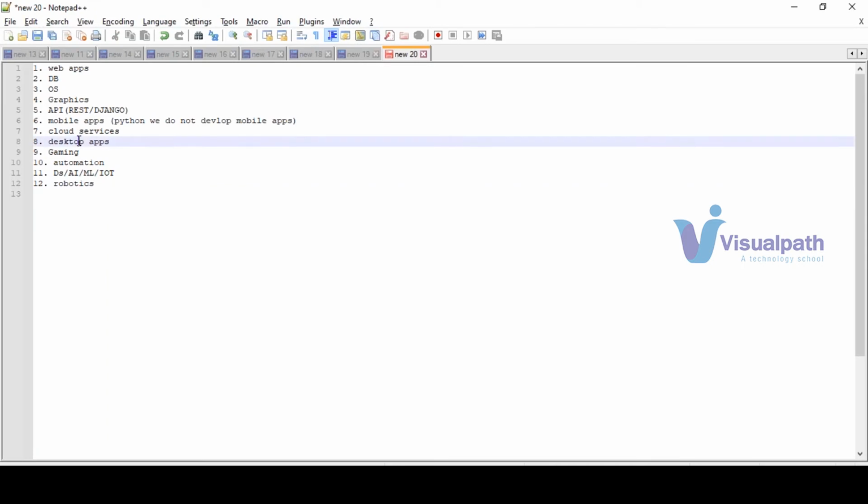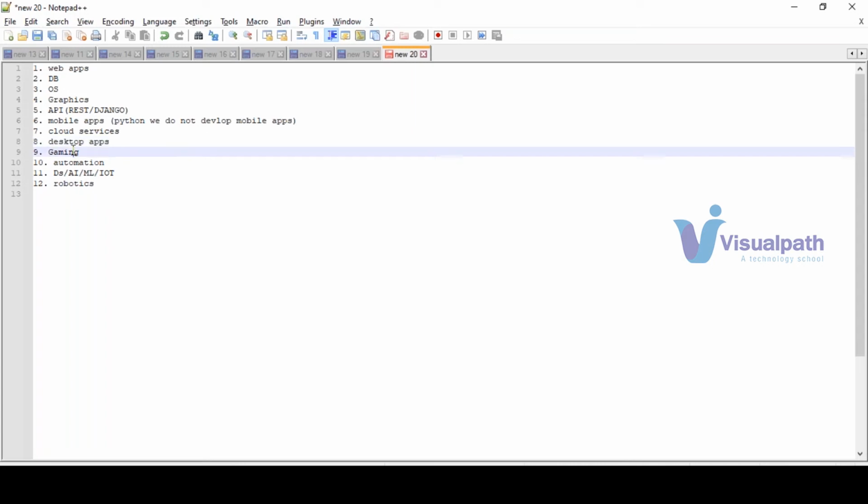So Notepad, WordPad, PPT or Calculator, all these applications we call desktop applications. An application that can run on its own, meaning it does not require any dependency. Once you install it, you can start using it. And the gaming industry also, nowadays it is a very big industry, actually one of the popular industries nowadays.